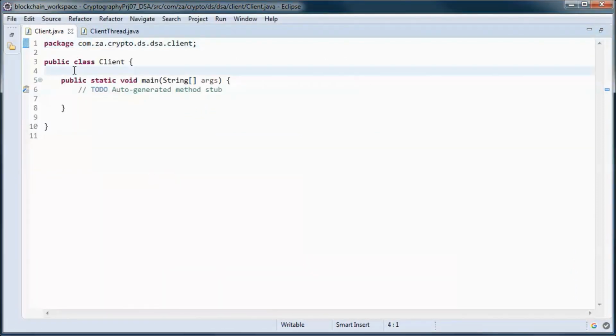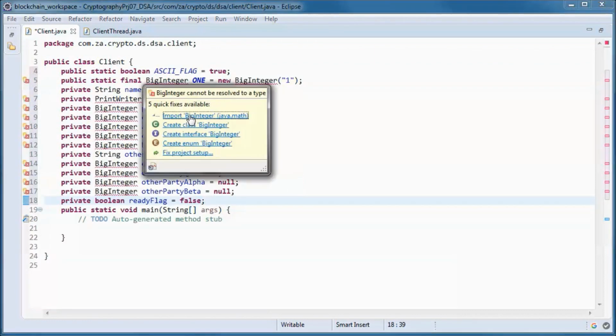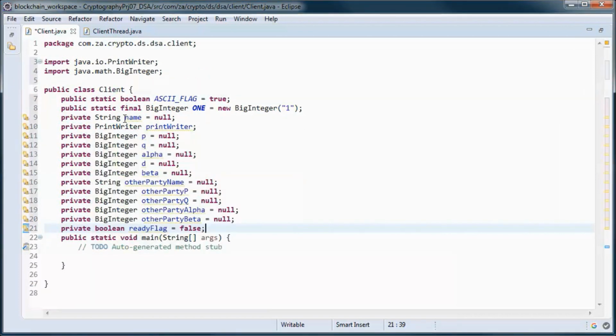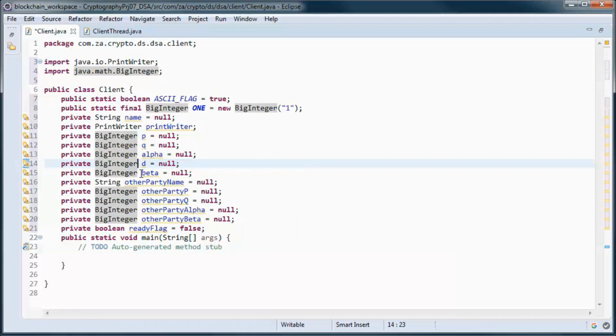And here we will keep track of this client name and P and Q and alpha, and the private key D, and the public key beta.